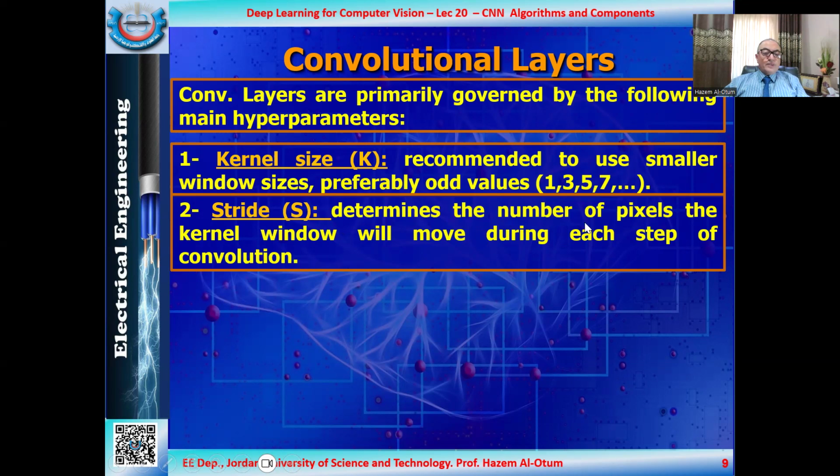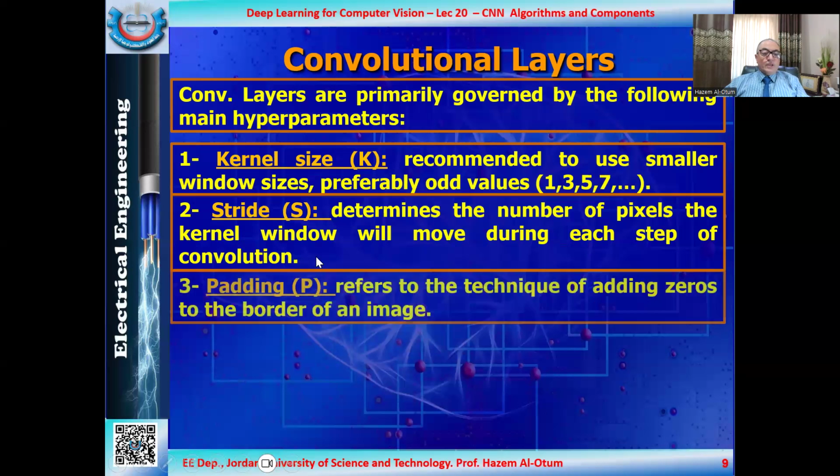The number of pixels that the kernel will move during this operation is called the stride. We usually use a stride of 2 or 1, maybe 3, but that is not very common. We use a stride of 3 only